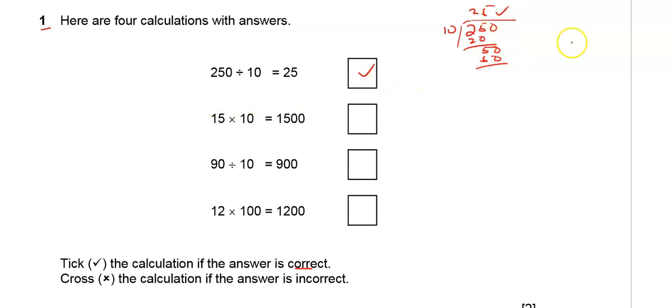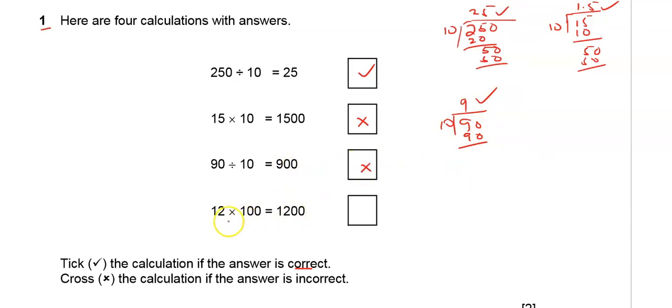So we tick that. 15 divided by 10 goes 1 for 10, 5. So the answer is 1.5 and it's not 15. So that's not correct. 90 divided by 10. 10 goes into 90 9 times. So the answer is 9, not 900. So this is not correct. Then lastly,